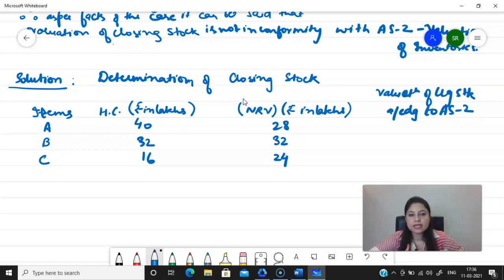that as per Accounting Standard 2, the closing stock has to be valued in the books of account at cost or net realizable value, whichever is lower. So according to AS 2, in the following manner, we will be determining the closing stock of that particular business. So here, if you see, valuation of closing stock,